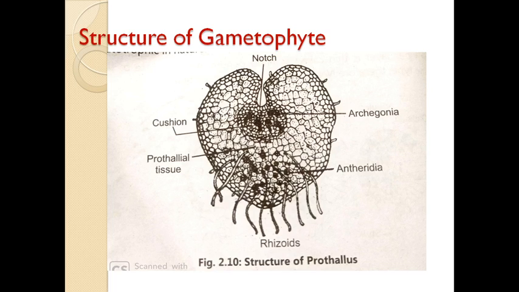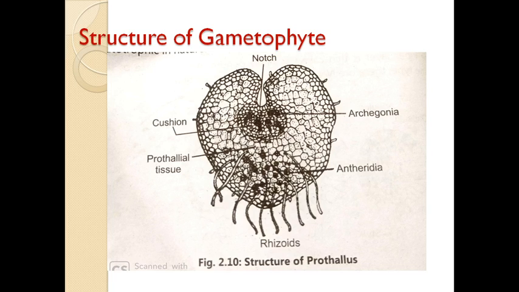After some time, they divide into unequal cells. One is called the rhizoidal cell, and the other is the prothallial cell. The rhizoidal cell is small and colorless, which gives rise to the unicellular rhizoid, and the latter, by repeated transverse cell division, gives rise to a green filamentous structure.